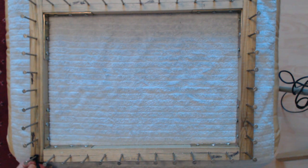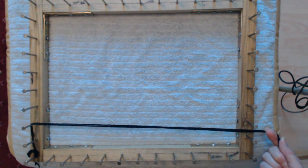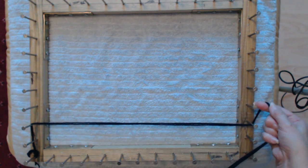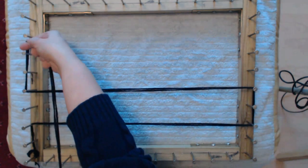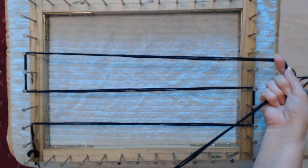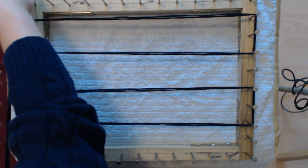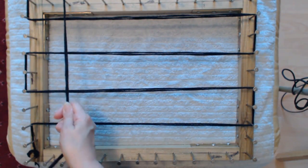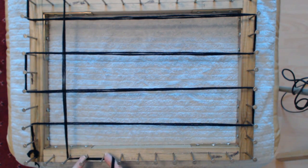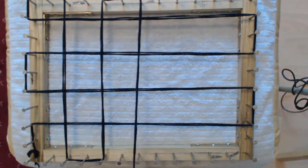Now what I'm going to do is count 3 nails up, 1, 2, 3, and then I'm going to go along. Then I'm going to count 1, 2, 3 and go back, count 1, 2, 3 and go up, 1, 2, 3 and along. When you get to the top here, count 3 again and come down, count 3 along and go up and come down